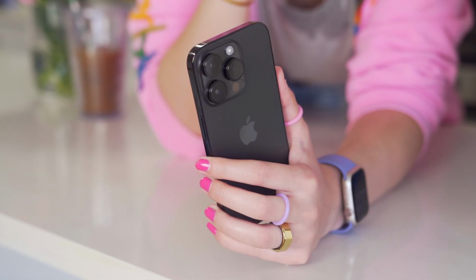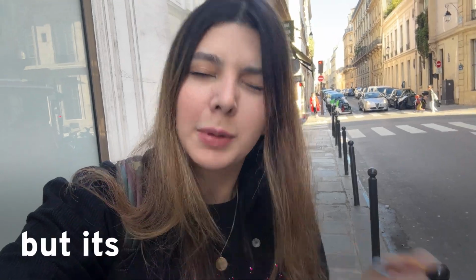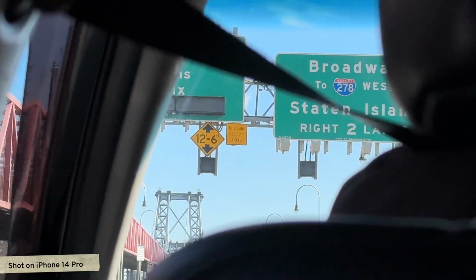I honestly think that the iPhone 14 Pro is amazing. I've had a crazy couple of weeks, but one thing that has stayed consistent is my love for this phone, but it's obviously not perfect. So I'm gonna be traveling a lot today and we're gonna put it through an intense, real day in life